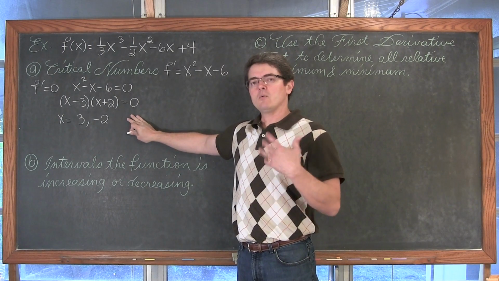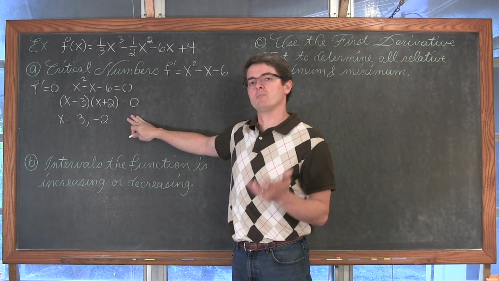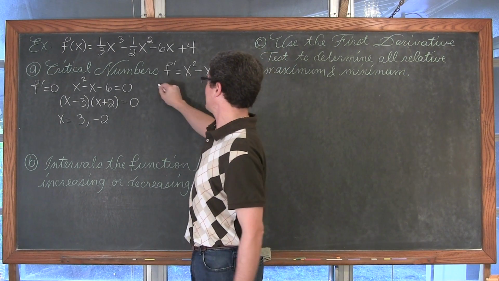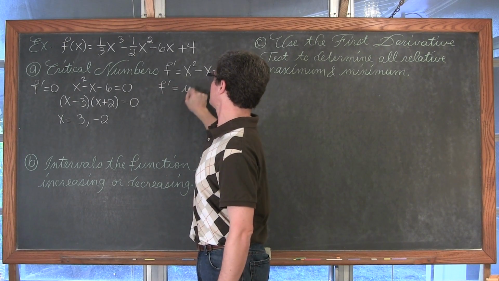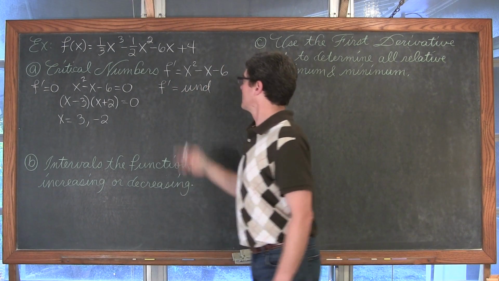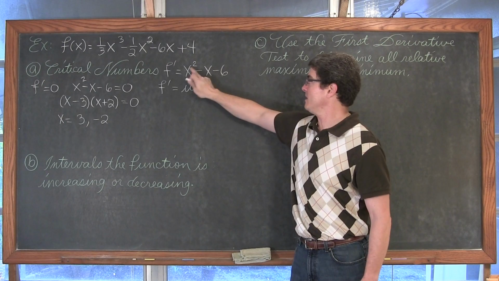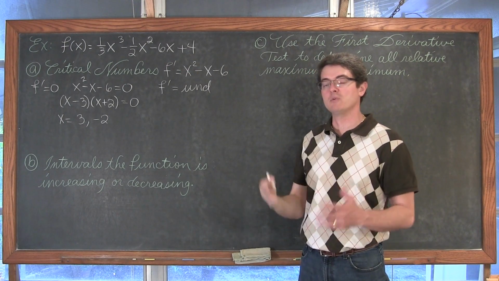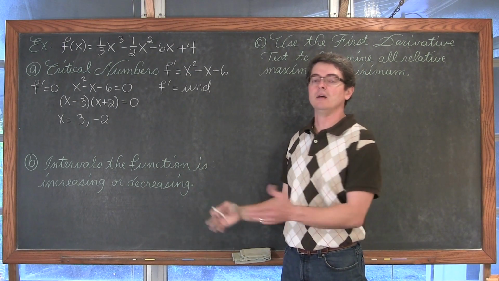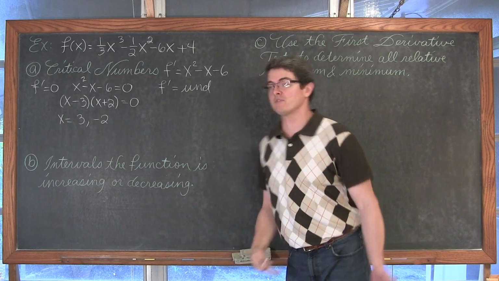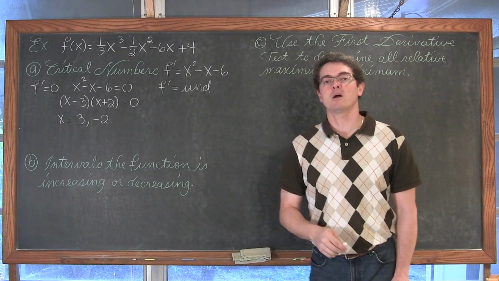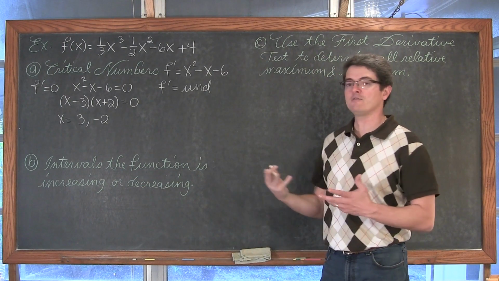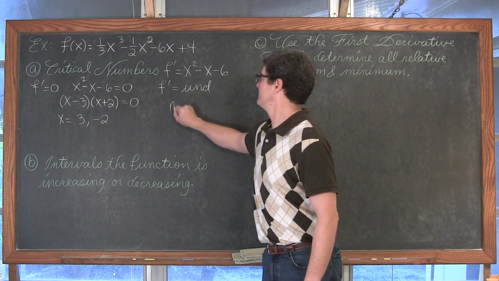So again, where our first derivative is equal to 0 is not the only possible critical values. I want to find out where f prime is undefined. This is a parabola opening up. It's a polynomial. It's smooth and continuous everywhere from negative infinity to positive infinity. So the solution to where f prime is undefined: there is no solution.